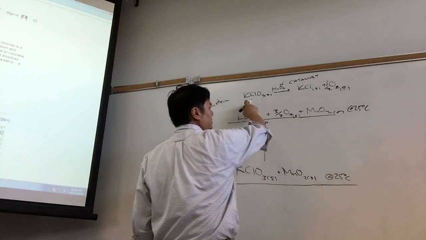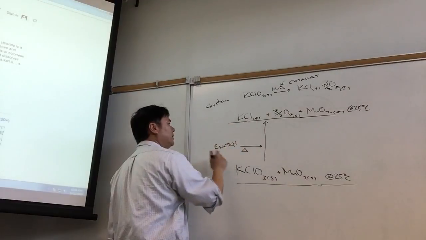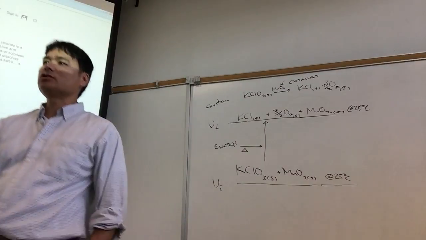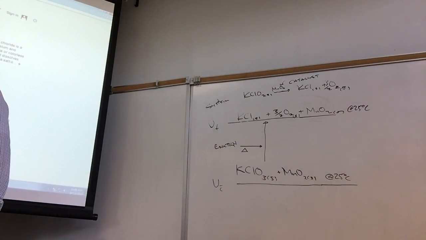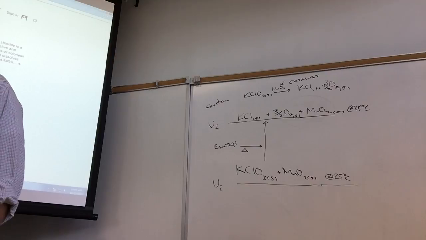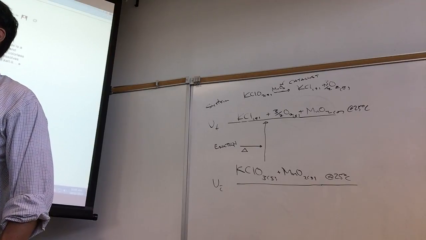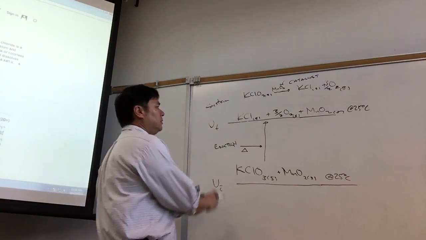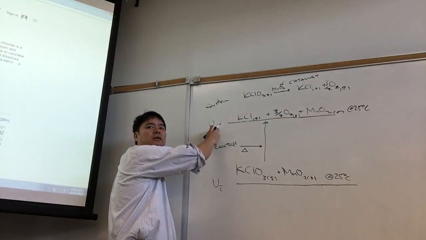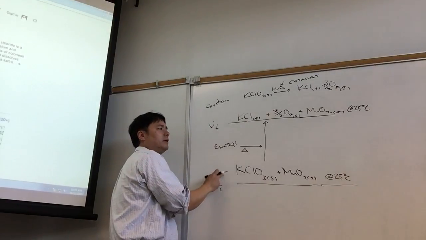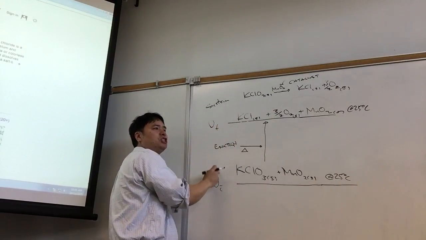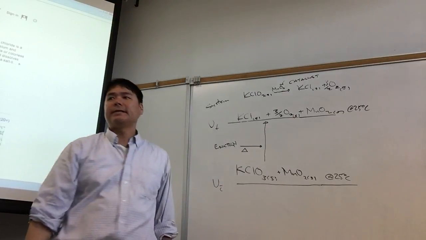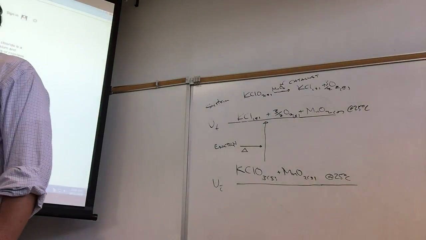Okay, this is going to cost us energy, so this is an endothermic reaction. So that means U final is greater than U initial. And what was U called again? U is called the internal energy. Internal energy is the total energy, right? The total energy is the sum total of the kinetic energy and the potential energy. Now, when we look at this, did anything happen to the kinetic energy? Nothing, because 25, 25. And so the change in kinetic energy is 0. That means the only change here is in terms of potential energy.